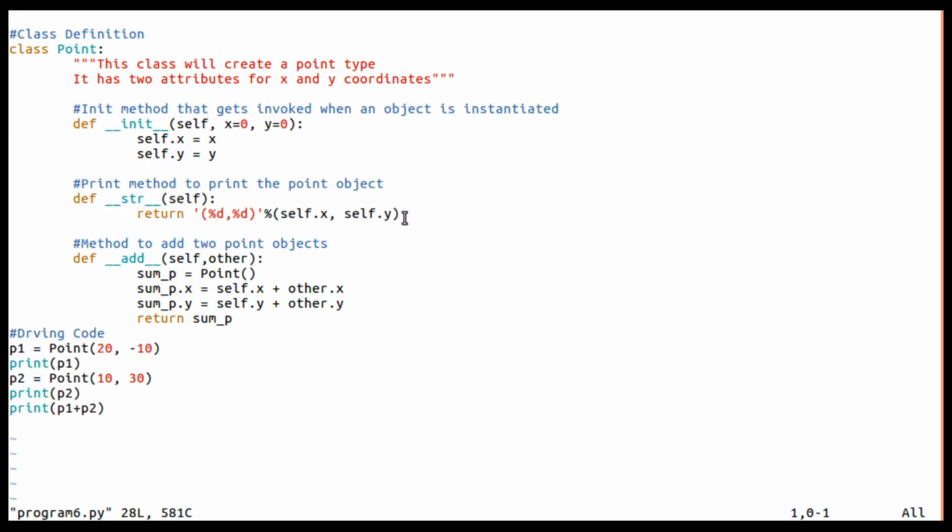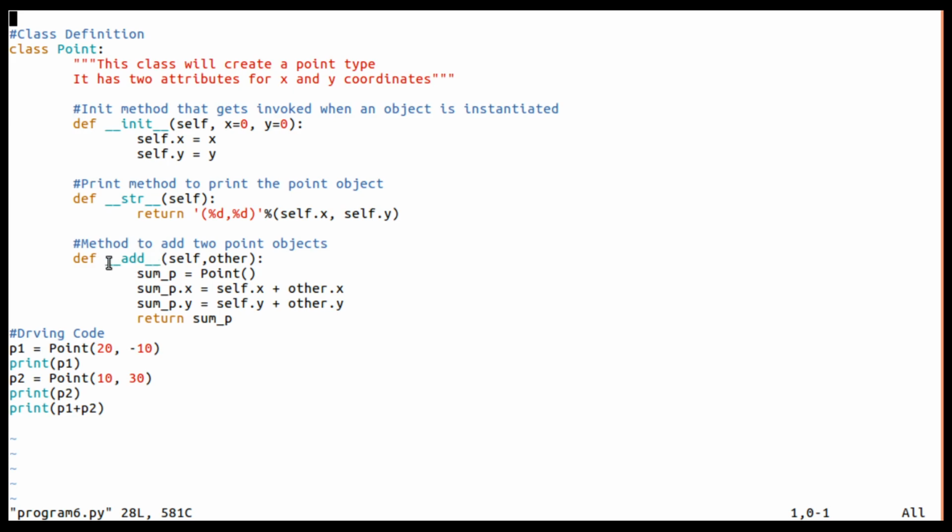In this case, it adds two points using a method, and importantly it makes use of operator overloading: double underscore add is the method to overload the plus operator. Remember, dear students, for every operator in Python there is an overloaded method.